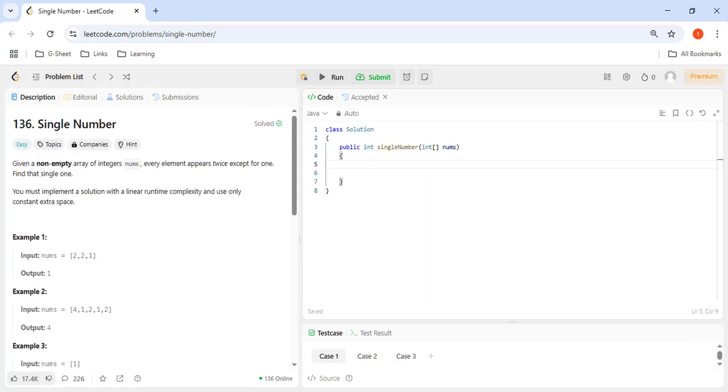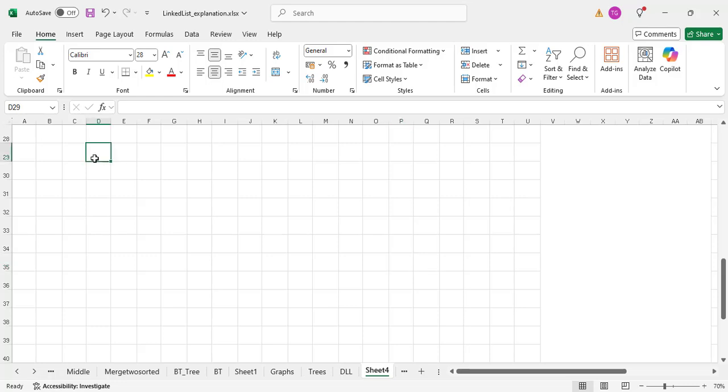So the logic is pretty simple. Let's take the array 2, 2, 1. When I look into this, we can solve this problem with bitwise operators. When I say bitwise operator, we can use the XOR operator. The reason why, let's take